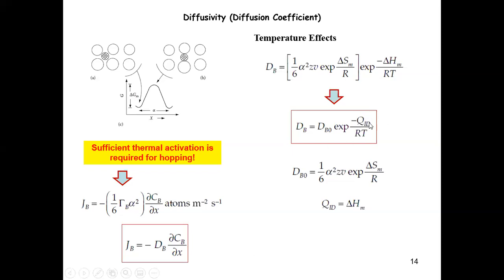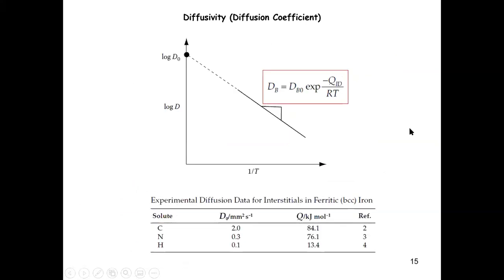But as you can see here, for a given material system, diffusivity is determined only by two constants, this Q and D naught, right? And it turns out that these two factors can be fairly straightforwardly obtained in experiments by varying temperature. So if you prepare, for example, a carbon steel system, and you measure the diffusivity of carbon at different temperatures, you can do a log plot of the diffusivity as a function